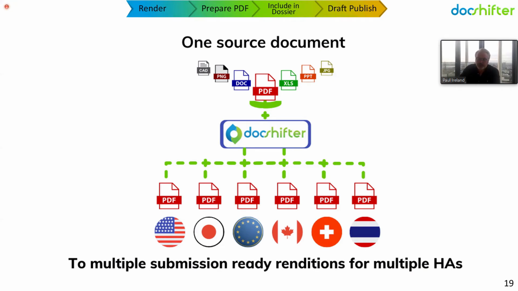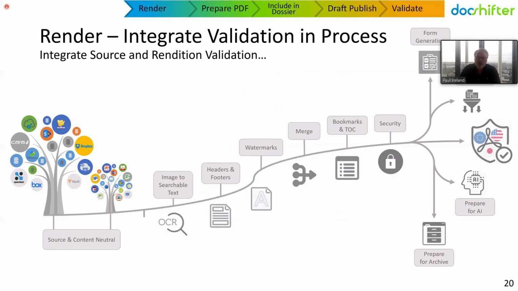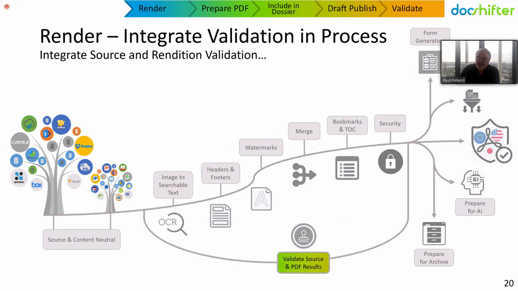It should be possible for you to have one document come in and automatically recognize where that document needs to be used and create potentially multiple renditions to meet the needs of different health authorities as well. So it can be one in, multiple files out as well. But what we're really focused on here is taking that flow and adding an element of validation into that